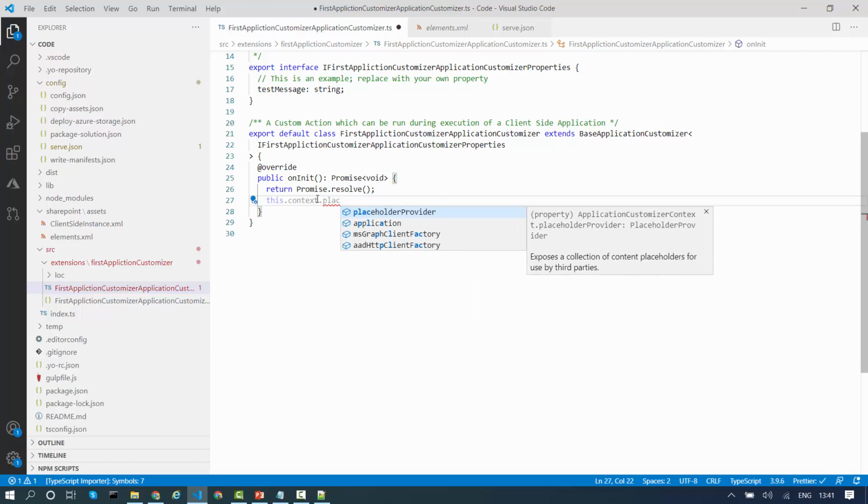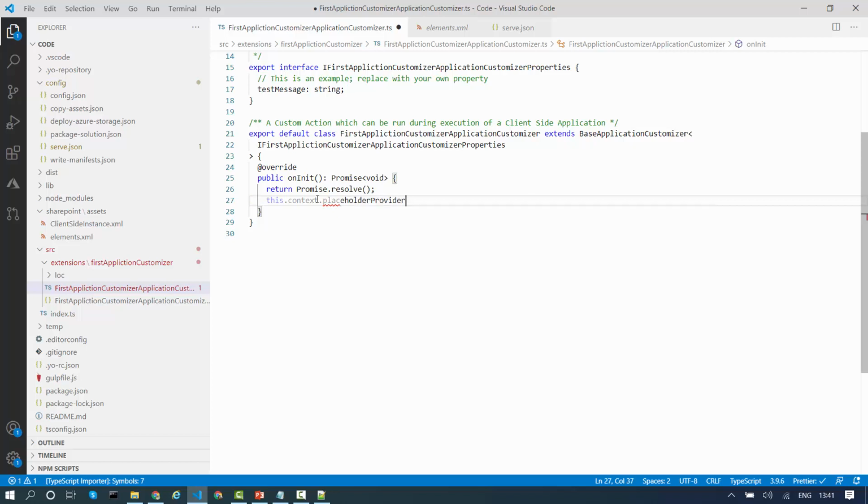Guys, please note that as of today in modern SharePoint we have two placeholders: one is the top and another is the bottom. In future Microsoft is going to add more placeholders so that we can customize our user experience. Over here we will see how to use the two existing placeholders, the top placeholder and the bottom placeholder. So note this point. We'll go with placeholder provider.